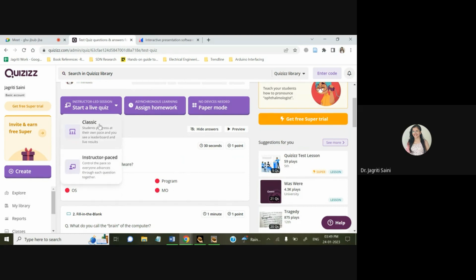So if you click on this classic option, you will see that it is written student progress at their own pace, and you see a leaderboard with live results. And if we talk about instructor paced, the teacher can control pace for everyone so that all students get time to advance with the quiz. So what it says basically, in instructor paced, for example, you have 20 or 25 students in the classroom and you want to start a live quiz with them by the end of your lecture,